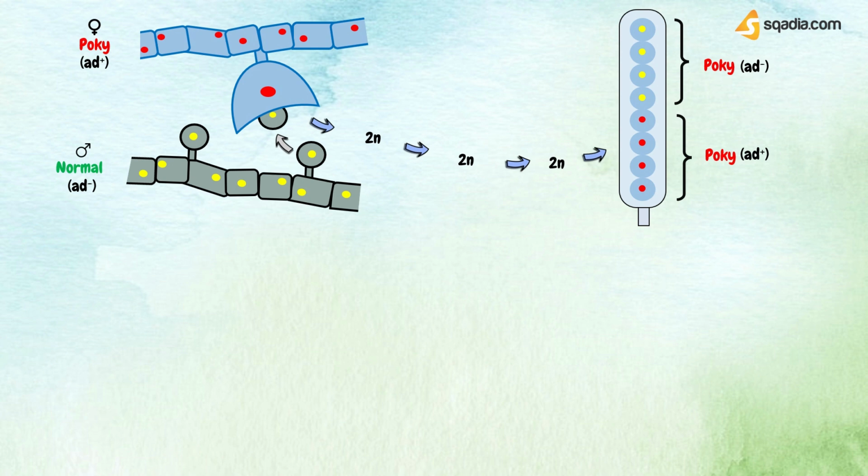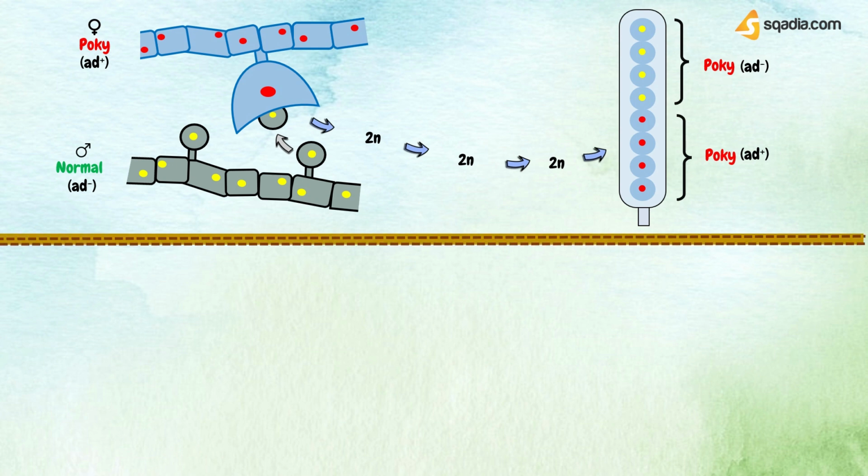All of the spores are Pocky, because this phenotype is controlled by a mitochondrial gene, and all the mitochondria are supplied by the larger female gamete, as the female parent is Pocky. So, offspring are Pocky. In the other case, which is the reciprocal of the first case, in which a normal,